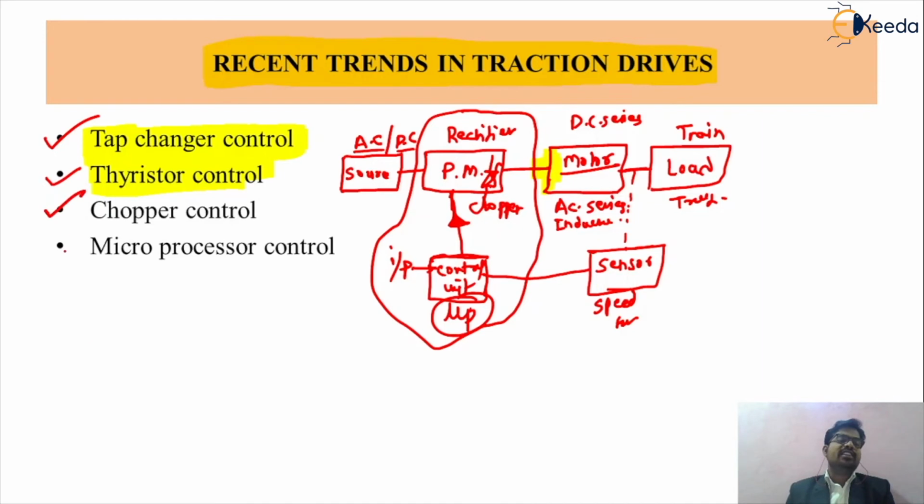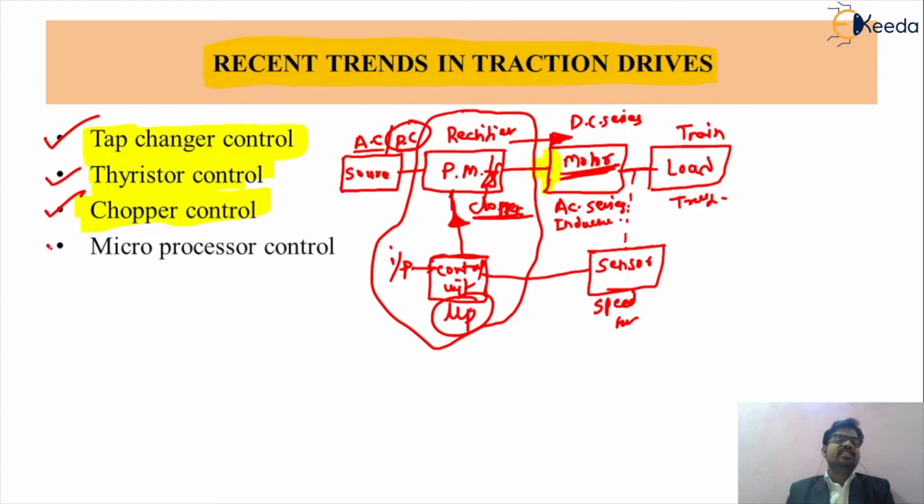Then third is called the chopper. So what do we mean by the chopper? We have to get the fundamental concept. The chopper is used when the supply is available as DC. As we know, a chopper is a device which converts a DC supply into a DC supply. Suppose the motor is a DC series motor and the supply is DC. So a DC to DC converter is called a chopper. By changing the duty ratio of this chopper, we can control the speed of your motor, and if you control the speed of the motor, you can control the speed of your train. That is the fundamental concept we are using in traction drives.